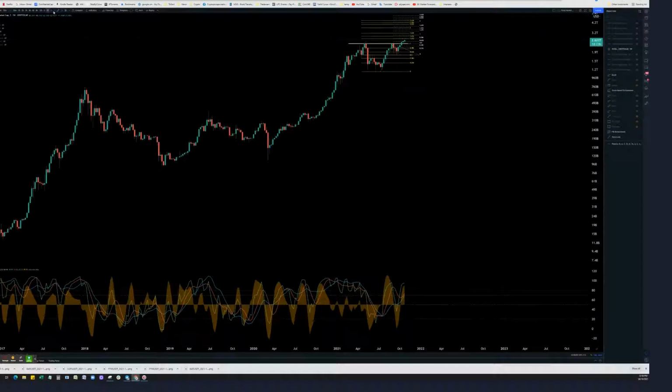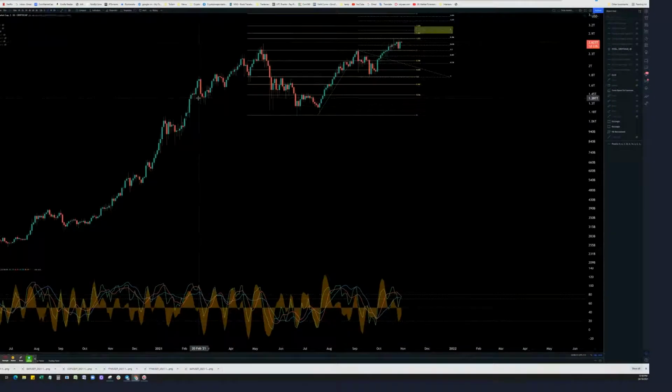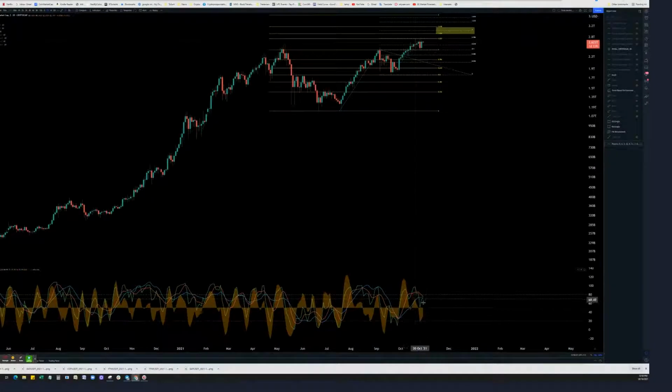Let's look at 5 days. Let's see if 5 days gives us a different perspective. 5 days, it looks bullish. It's turning back up, so it's actually looking like it's going to go back up on 5 days. Let's look at the 2 day. On the 2 day, it did have a drop, and now it's trying to. This looks bullish on the 2 day. If this green RSI goes above it, on the total market cap,